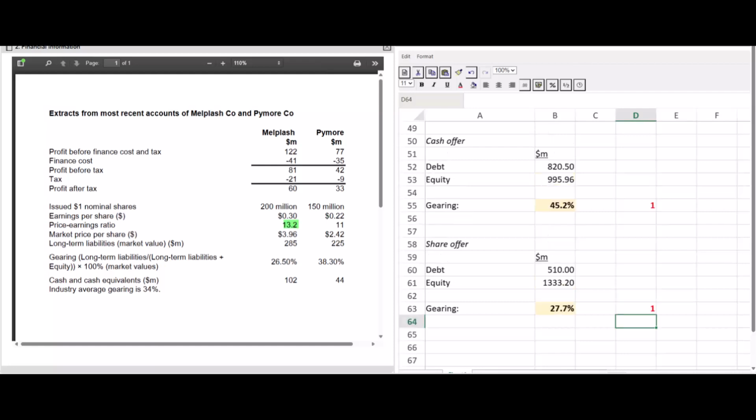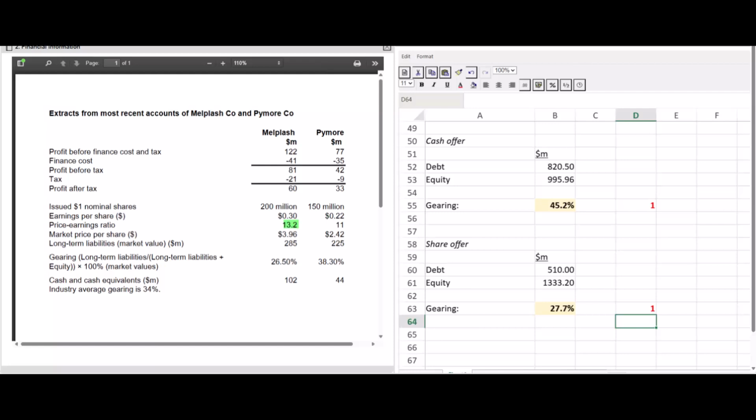And there we go, we've done all of our calculations. So we worked out how much extra financing or funding we'd need. We worked out the EPS, and then we've worked out the gearing as well. When you break it down like that, it seems fine, doesn't it? And a lot of you will think, oh, that wasn't too bad. The challenge with these questions is just knowing where to start.